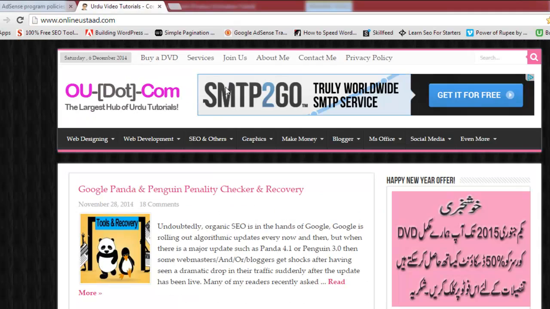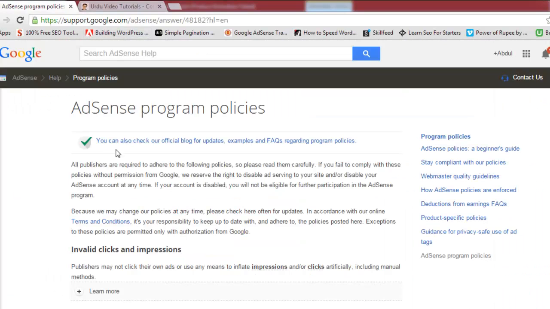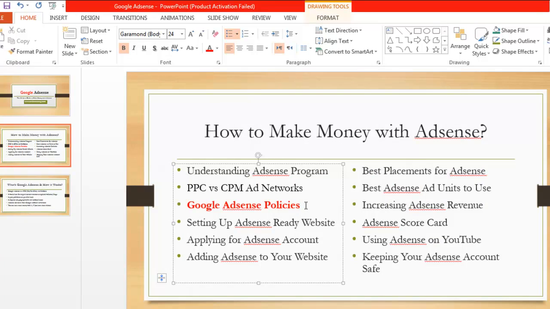And as I have told you that you have to add these two pages as well, which Google has also mentioned on this page. So this was simply about understanding Google AdSense policies, which are not actually very difficult to understand, very easy if you want to understand, because if you want to work with AdSense for the long term, for 5 years, for 10 years, and even longer than that, then you have to actually understand these policies very clearly, and